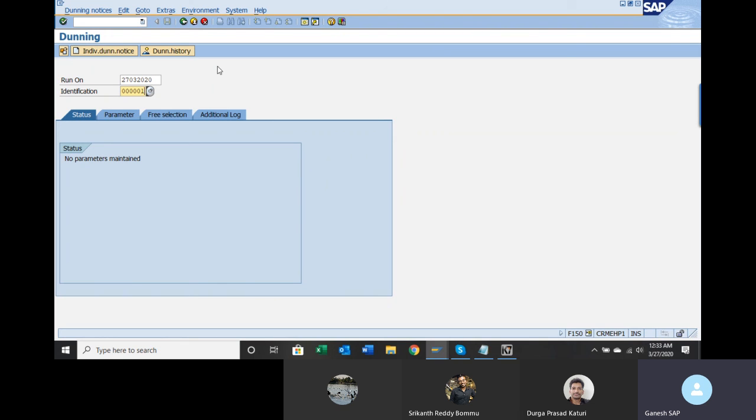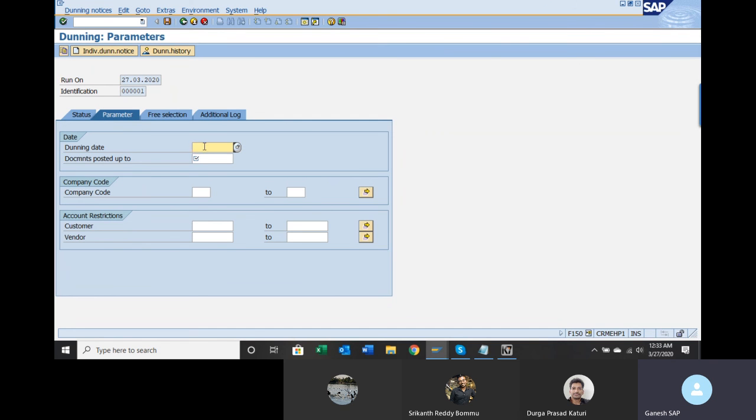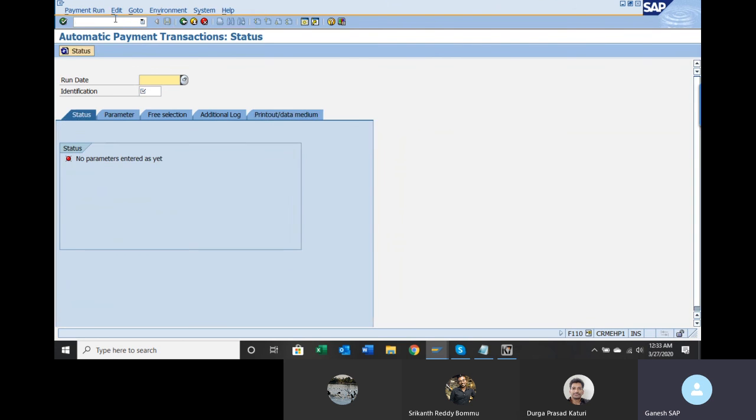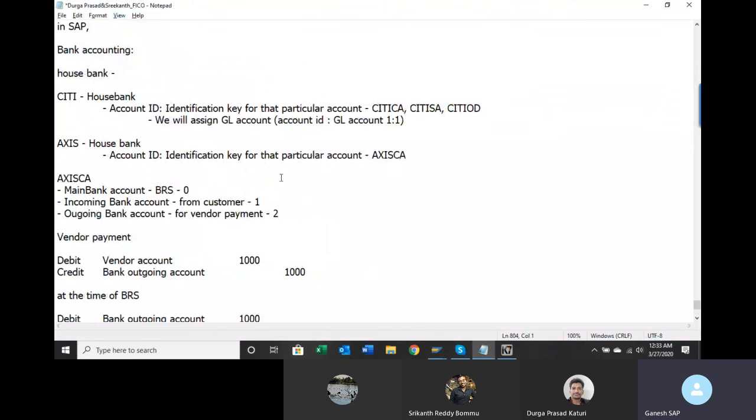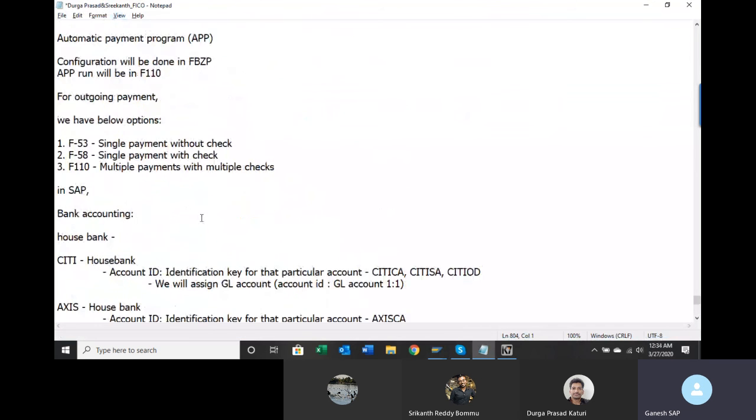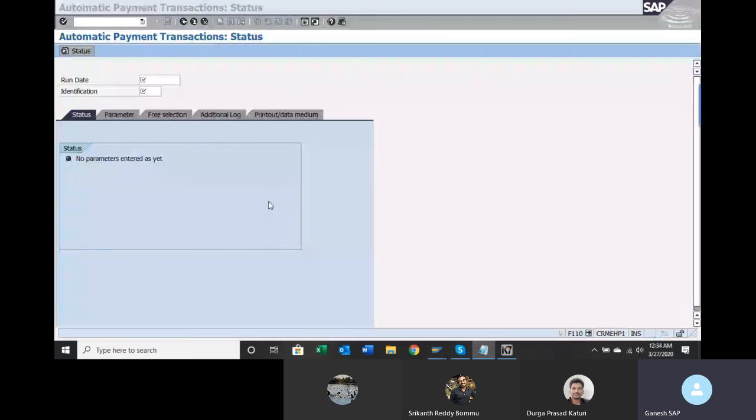If I have to do a second run, then I will use all zeros 2. Press enter. Go to parameters. Documents posted up to, give this date. Dunning, sorry. I have given F150. It's supposed to be F110. Okay, sorry. F110.